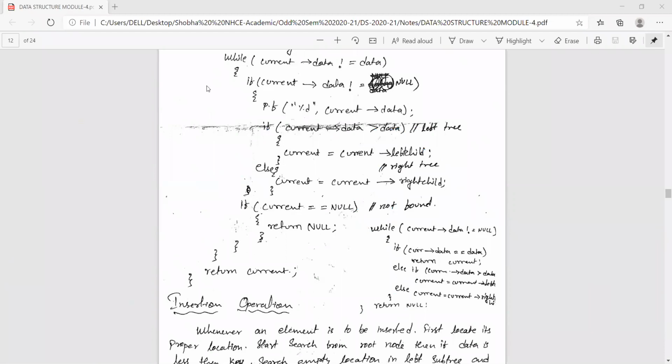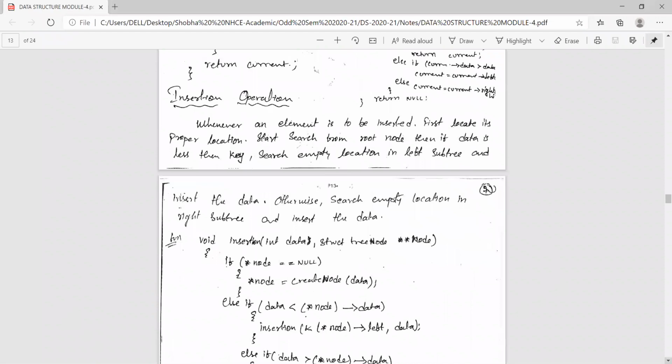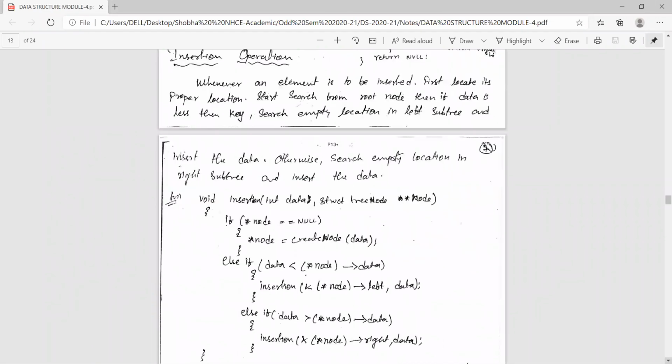So to move further, the next operation is your insertion operation. Insertion operation is nothing but, whenever an element is to be inserted, first we have to locate the proper location where I should insert, because it is not like a normal insertion.